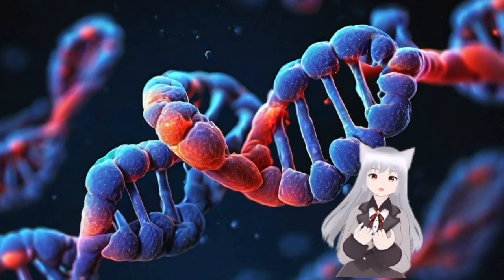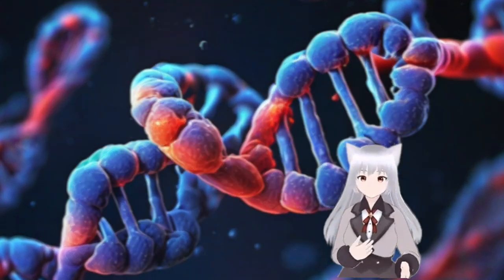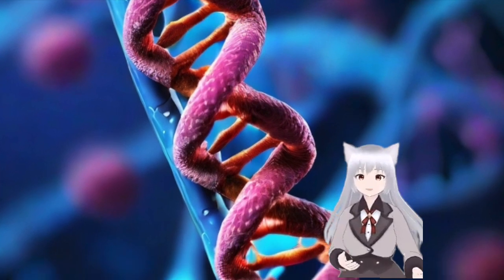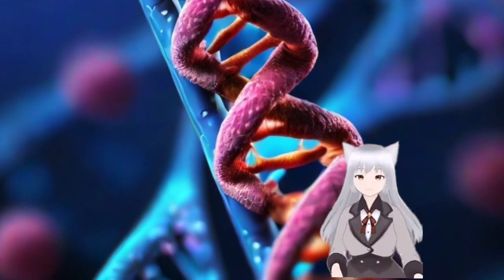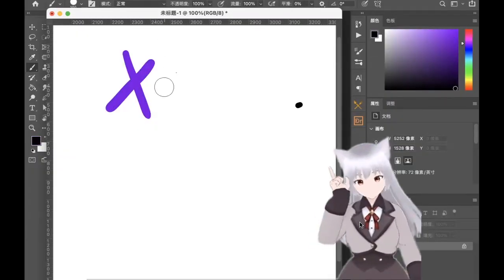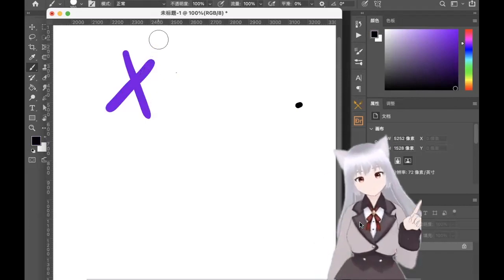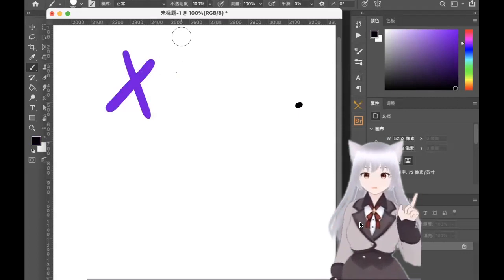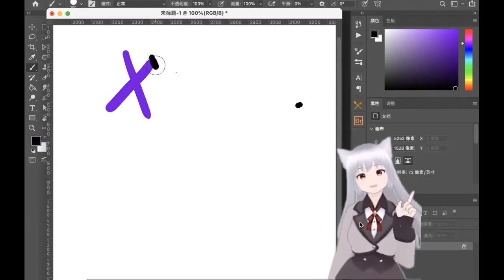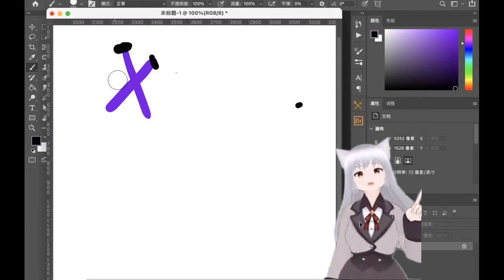Hi everyone! This video is about telomeres, mainly on telomere function and how telomerase extends them. So this is a chromosome. Apologies for a little bit of an ugly drawing, but telomeres are the repeated DNA sequences located at the end of the